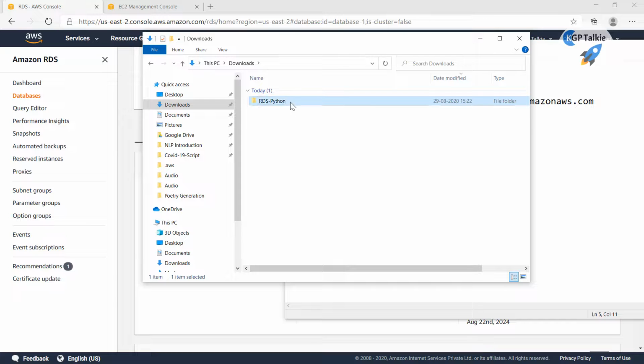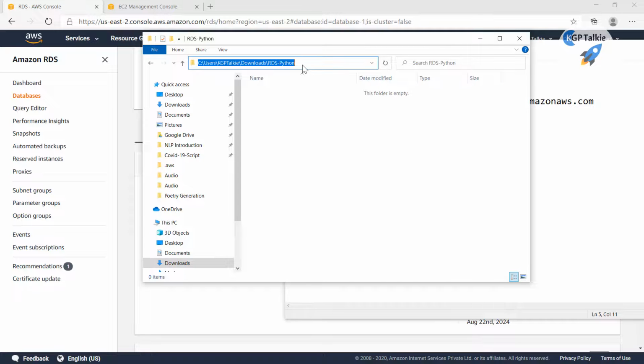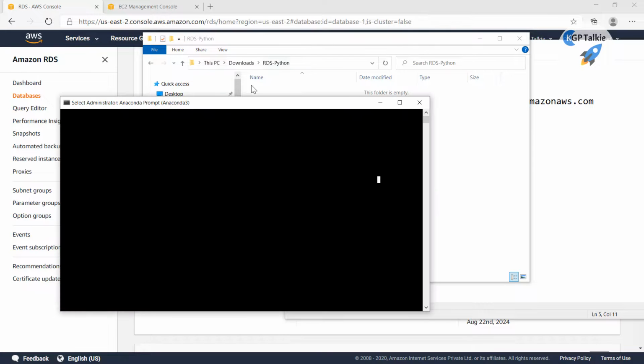Alright, so inside this RDS Python, I'm going to create a Jupyter notebook. Do remember you need some Python coding framework. So there I'm going to create the Anaconda Jupyter notebook. Otherwise, if you don't have Anaconda Jupyter notebook, you can use any other Python resources, like you can open your VS Code and other things. So there I have got it,